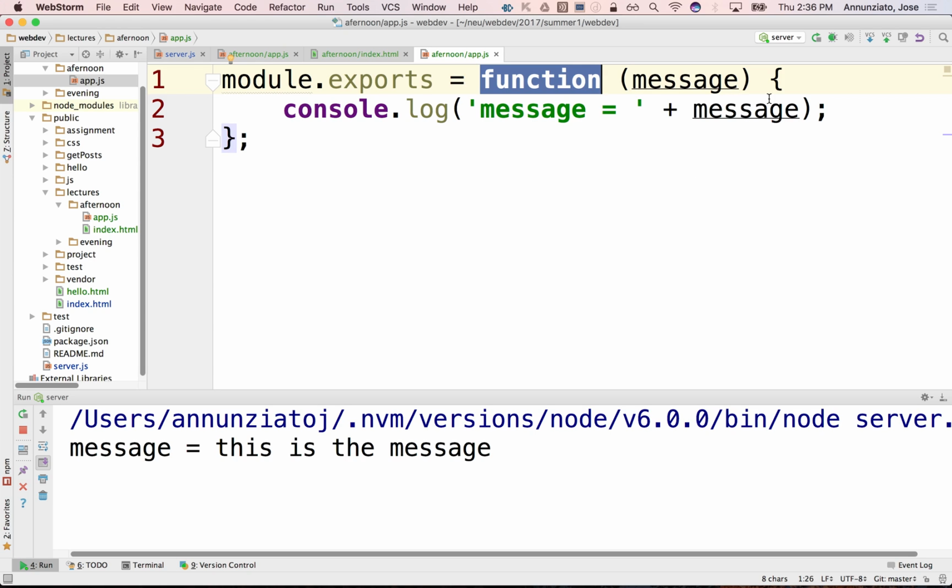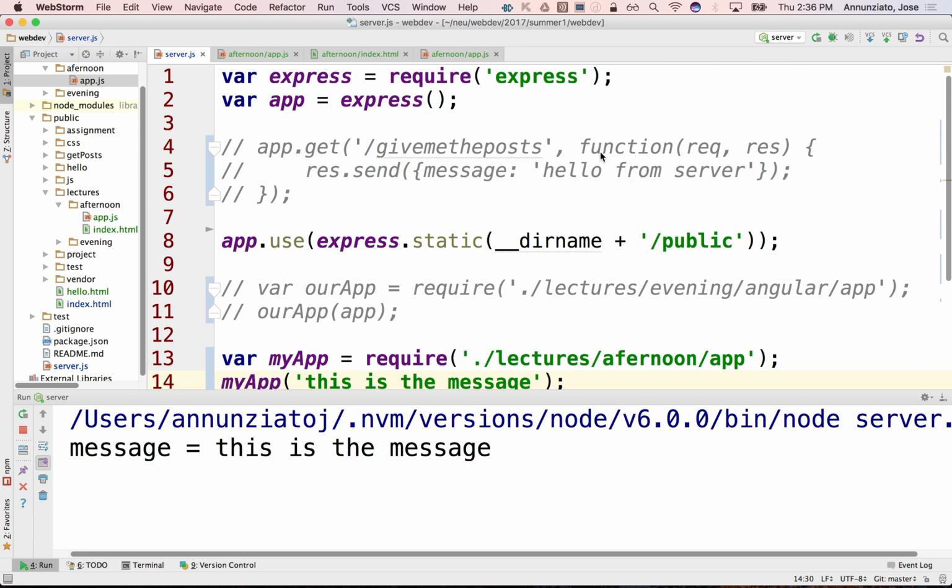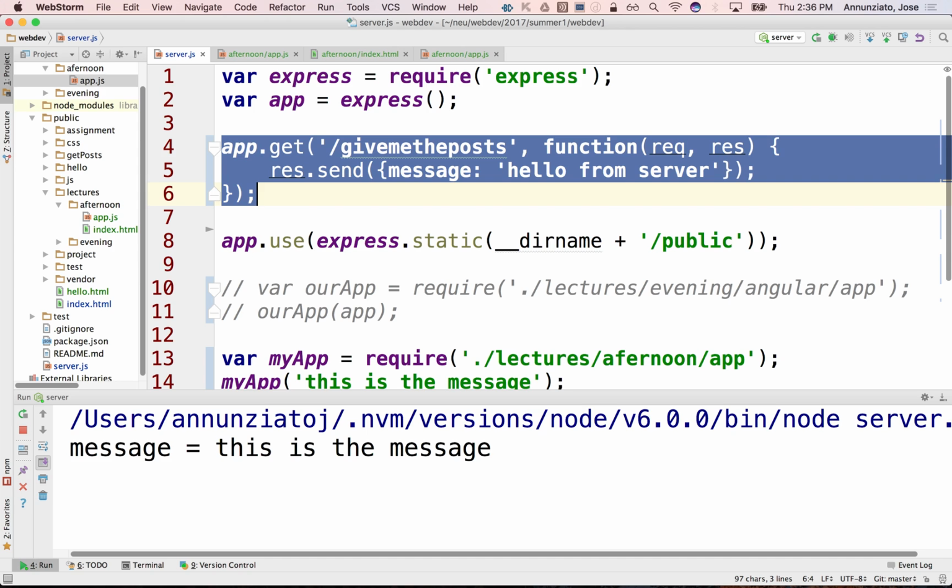What this allows us to do is pass in arguments from the outside. See that? So somebody can pass us data from the outside. In particular, one of the things that I like to pass to my app.js is this app over here. See that app? Remember what it allowed us to do? Remember what we did at the beginning? It allowed us to create